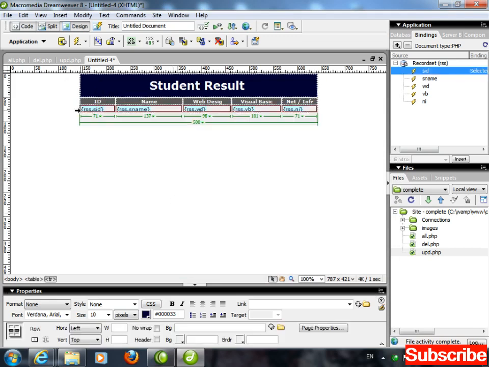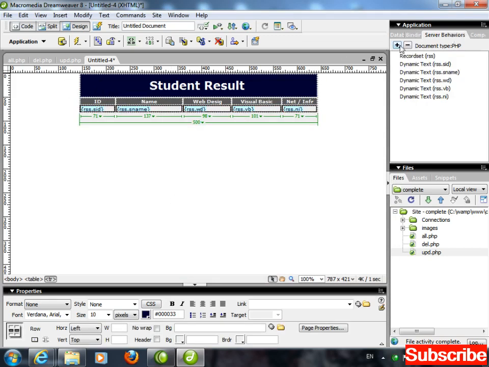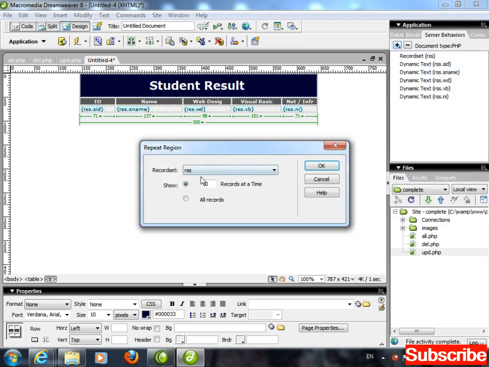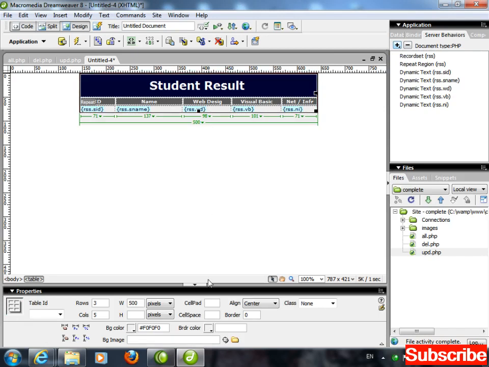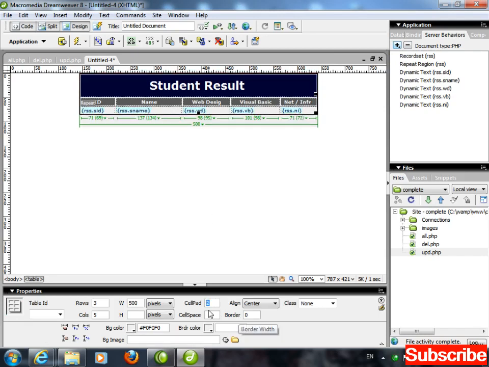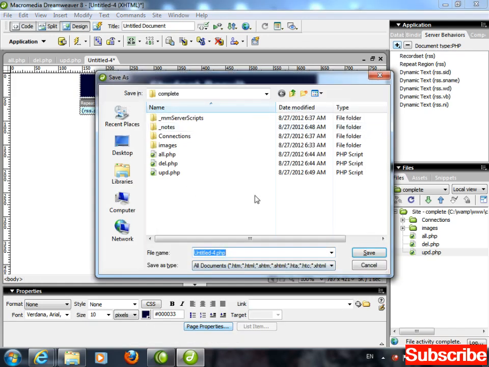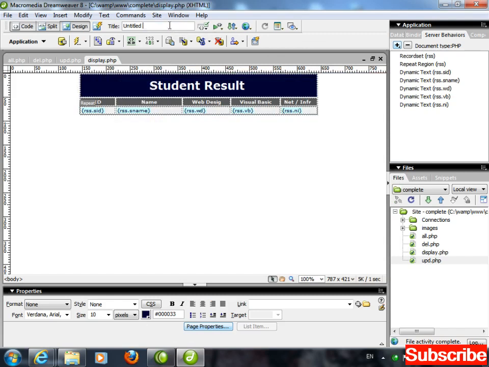One thing more, this row selected, server behavior plus repeat region. Yes, RSS, I want all records here. Okay. Now once more, table selected, cell padding and cell spacing I multiply 2 to. Control S. This I'm having display.php. This is the actual page.